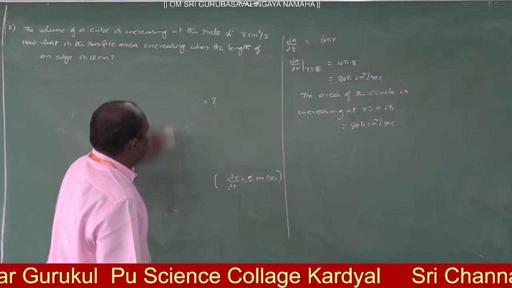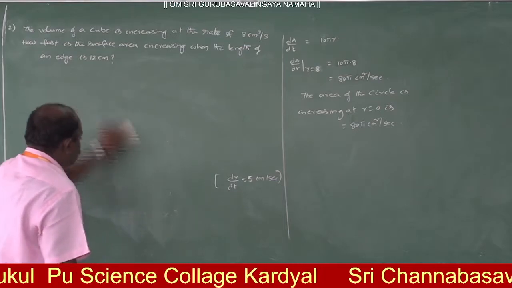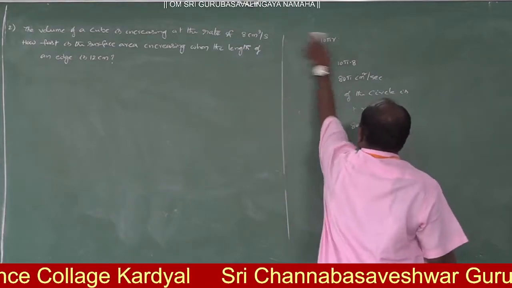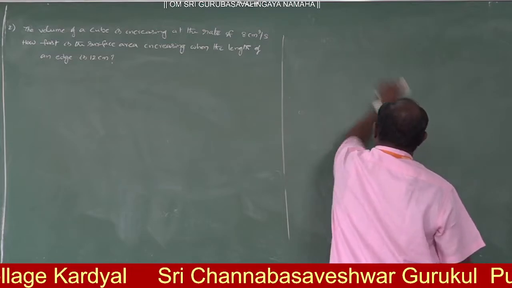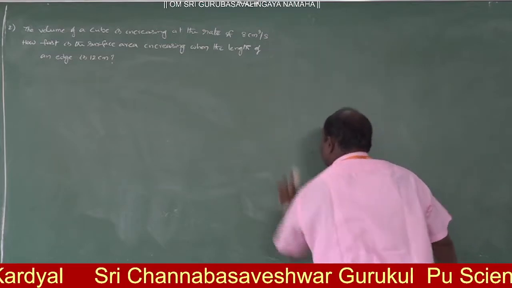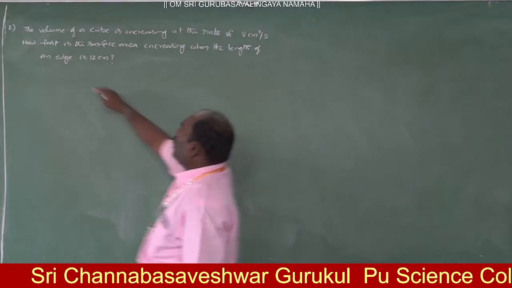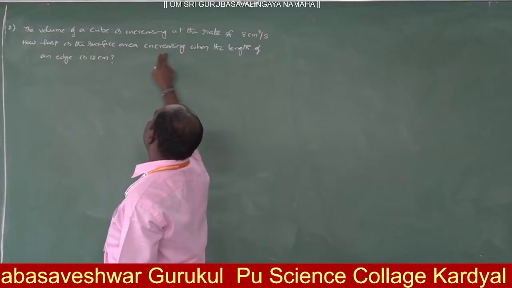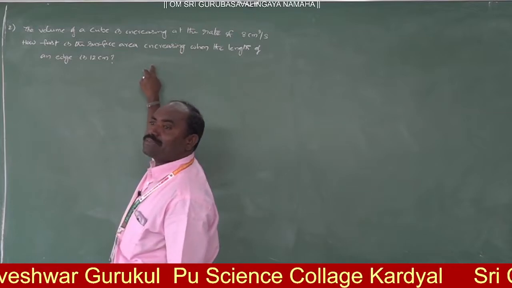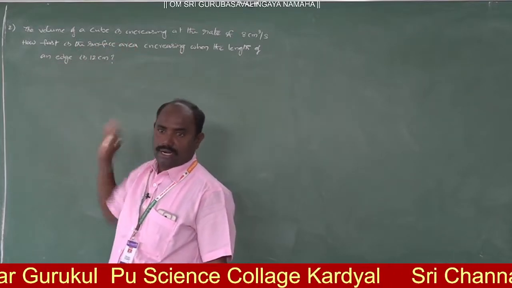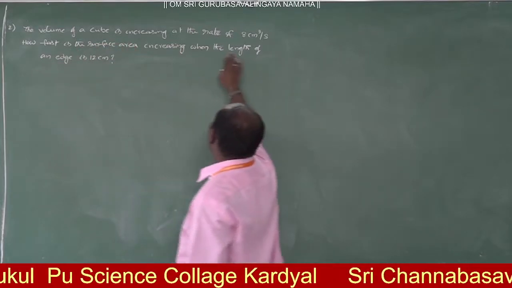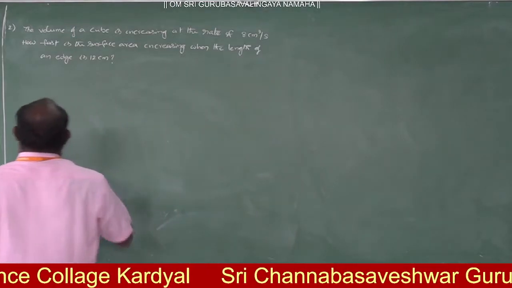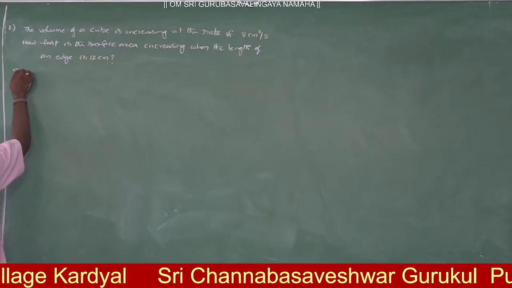सरफेस एरिया कैसे इंक्रीज होता है, वो देखना, वैल्यू हम कौन सा फाइंड आउट करना है। How fast is the surface area increasing, dS by dt find out करना, dS by dt when the length of the edge is given 12 centimeters.